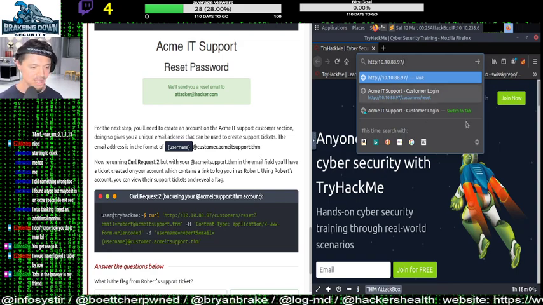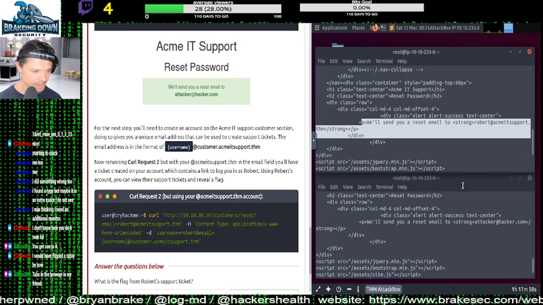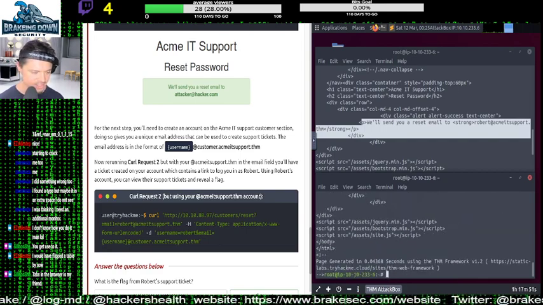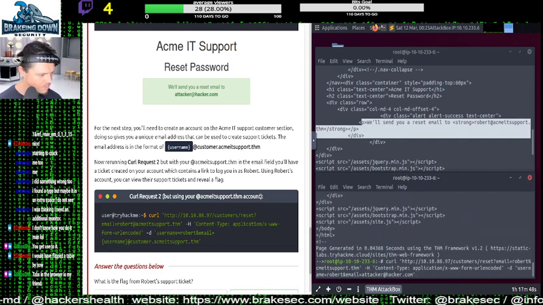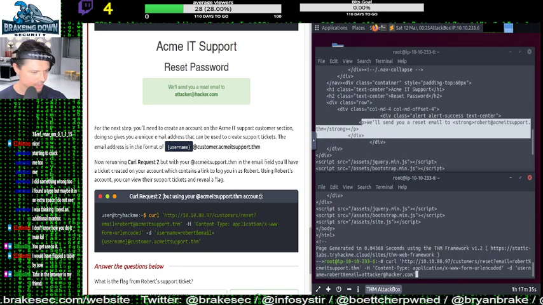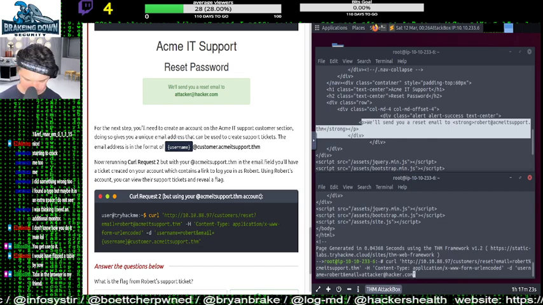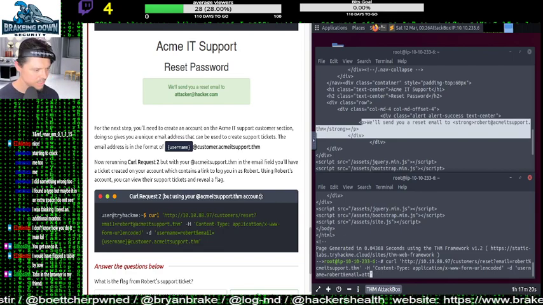All right. So I don't need to do anything on the website. That's my bad. I will close that. All right. Okay, so what I need to do is go back down here to this URL, and then go reset email Robert at acmeitsupport.thm, -H content type application/x-www-form-urlencoded, -d username. Okay, so the username Robert at email. Okay, so I need to change this to email